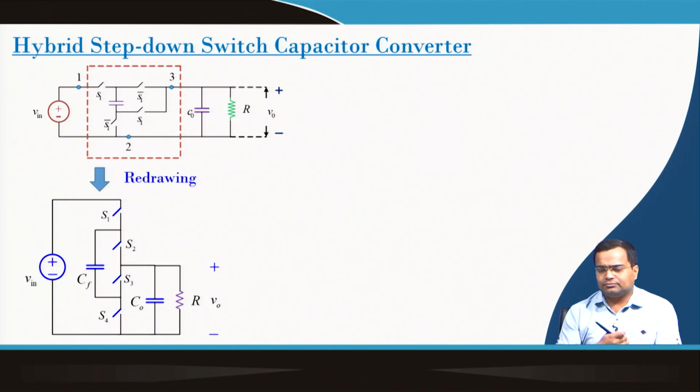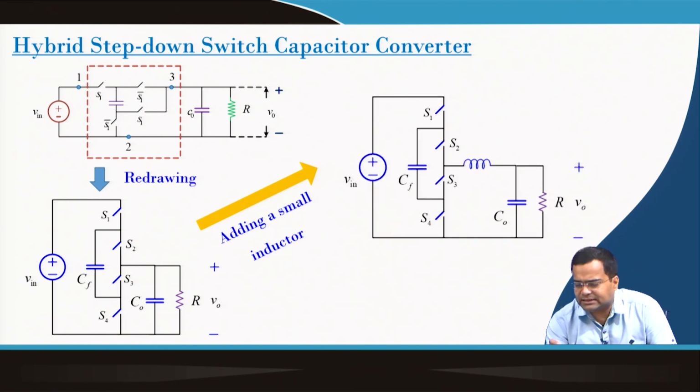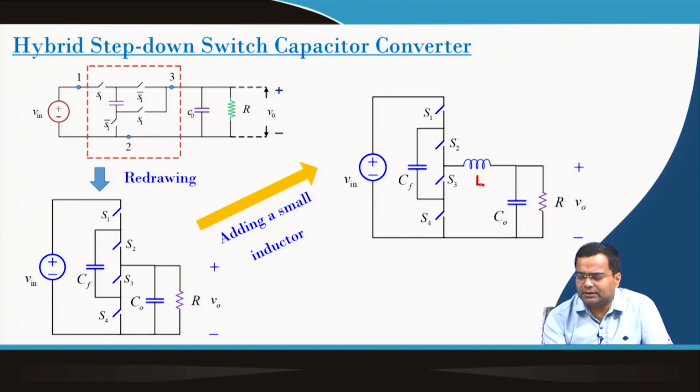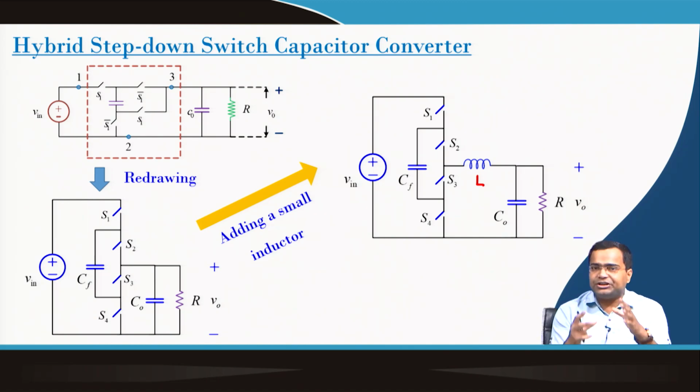And we know that in order to do that we need to put an inductor. So, if we redraw the first circuit, which is the step down converter, and add a small inductor to limit the slew rate of the current, the inductor is connected here. This is a small inductor. It is primarily used to reduce the slew rate of the current, so that we can reduce the effect of high inrush current, and this can also achieve better regulation than a pure switch cap converter.